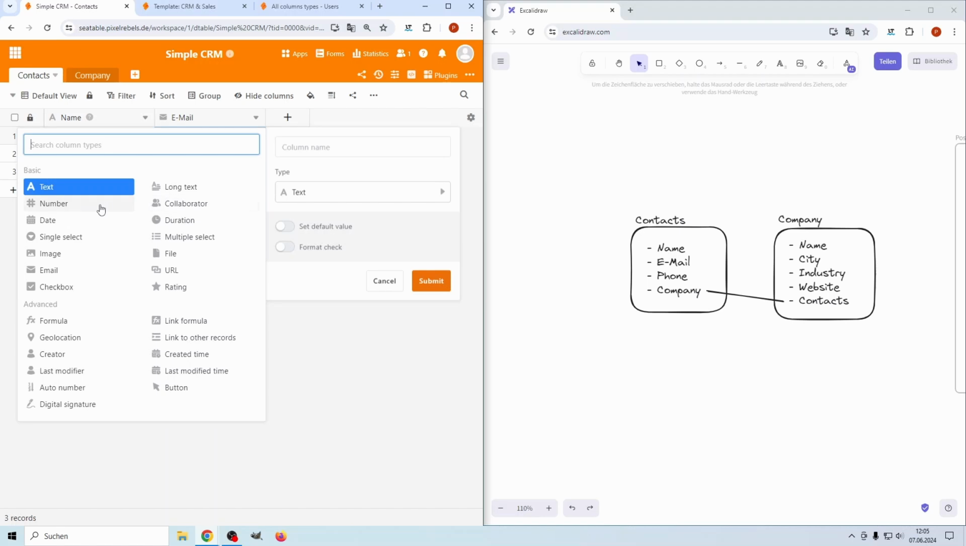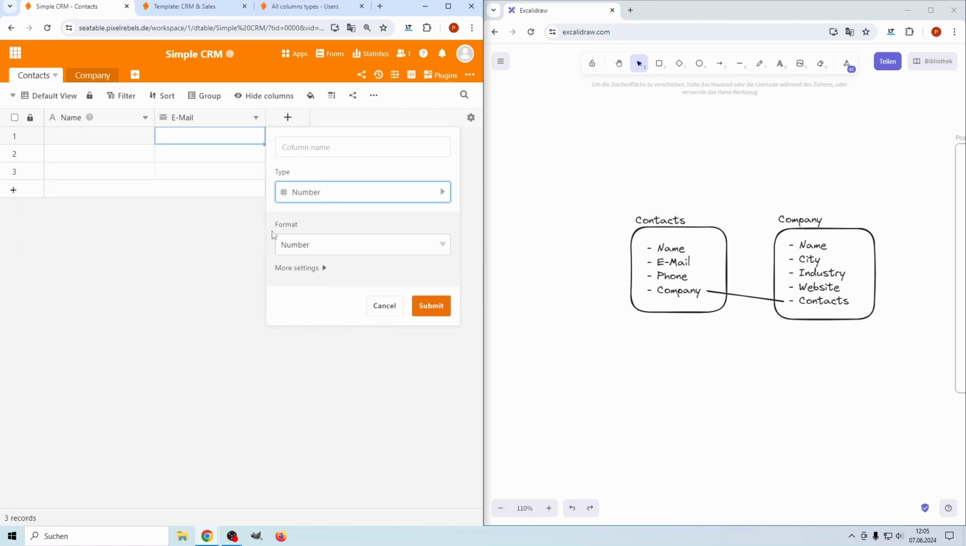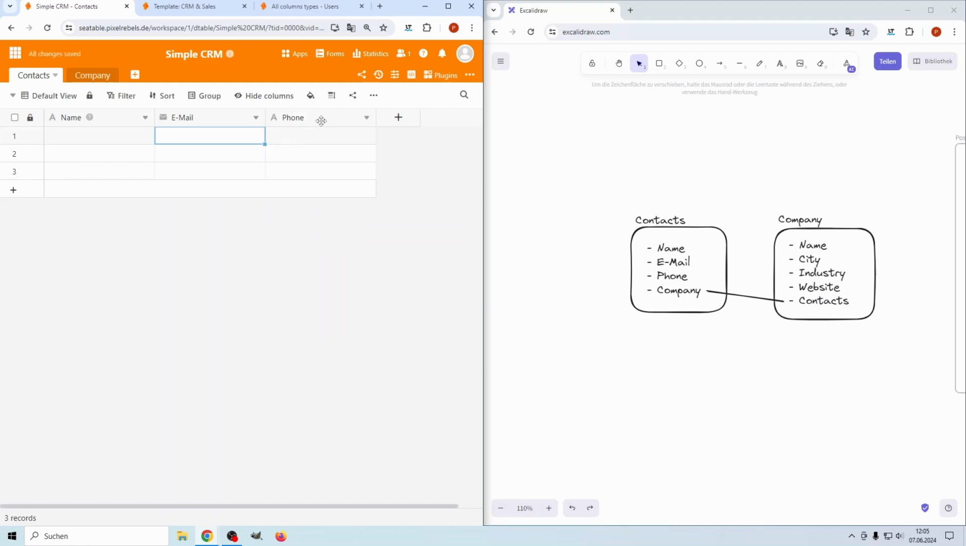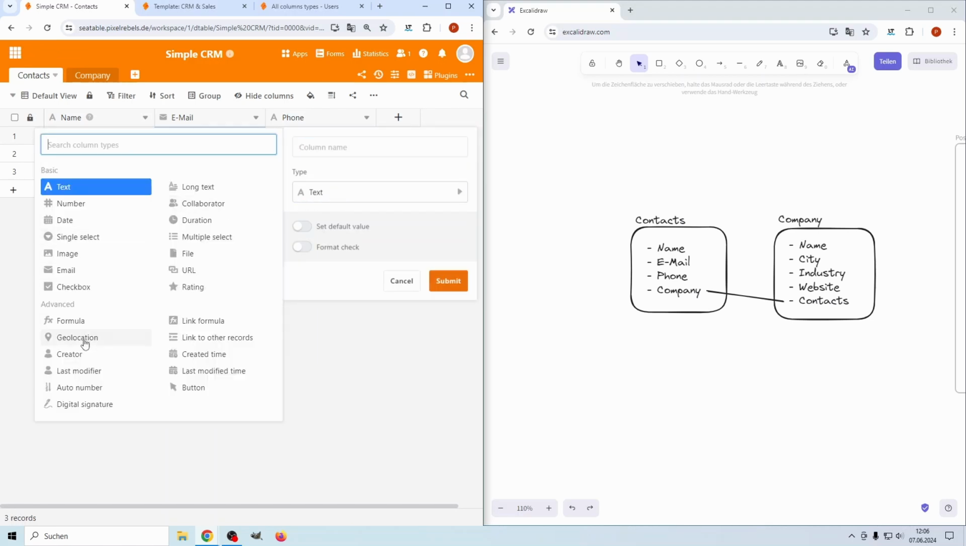Okay, next column I want to have is a phone. There's no specific phone column, but I want to have a number column. Or if I want to store, for example, plus the country code, I decide I just want to have a text column, so phone. Okay, so I can add a format check. For example, I want to have the country code and something like this, but this goes beyond the scope of this video. So I just have phone,